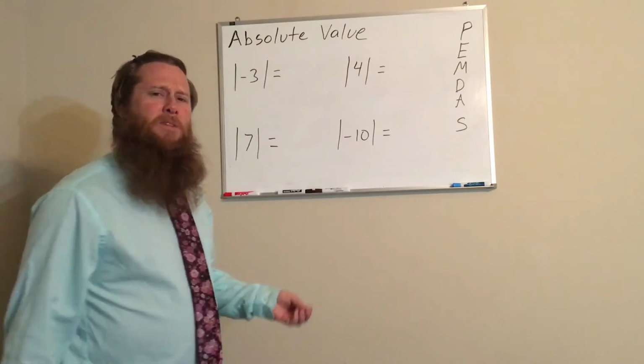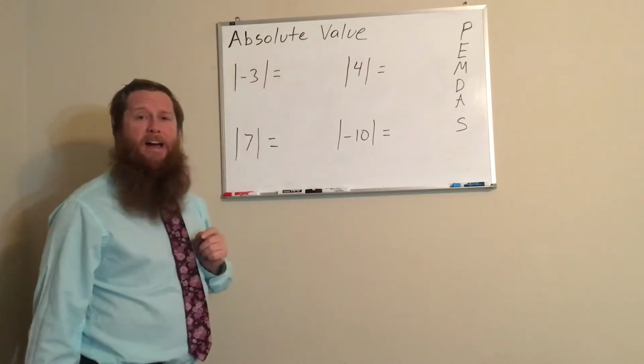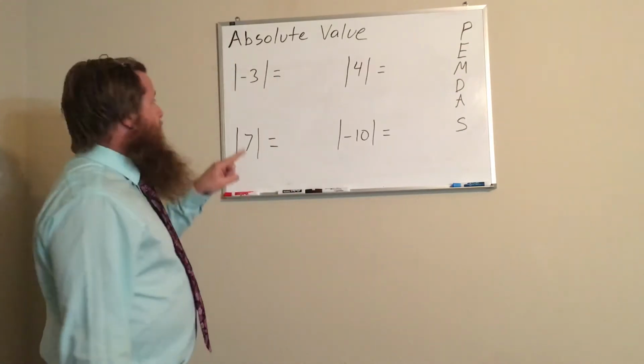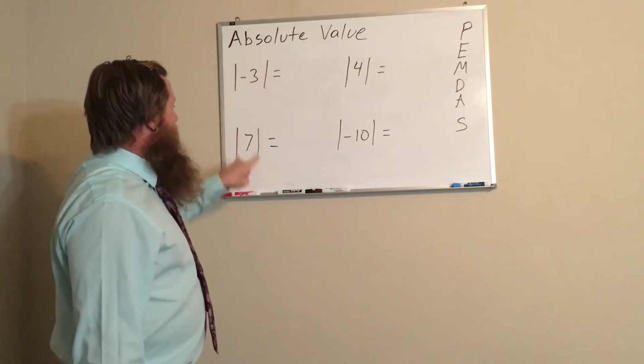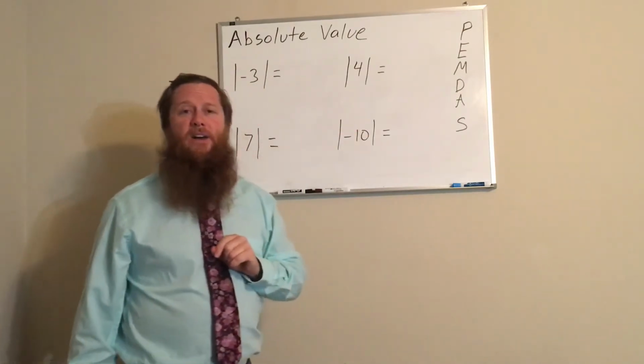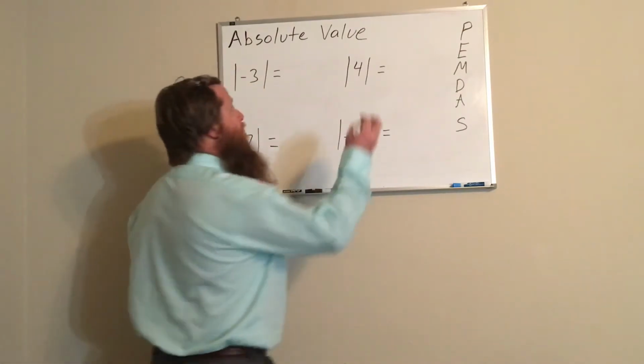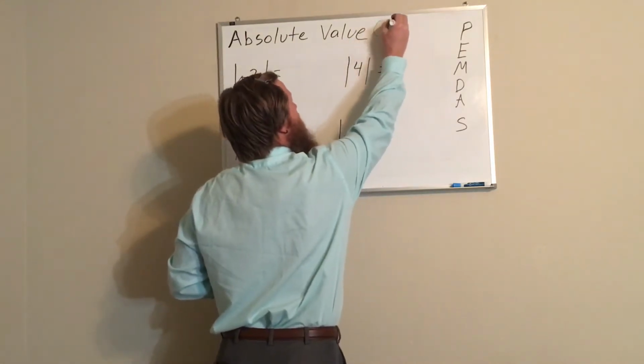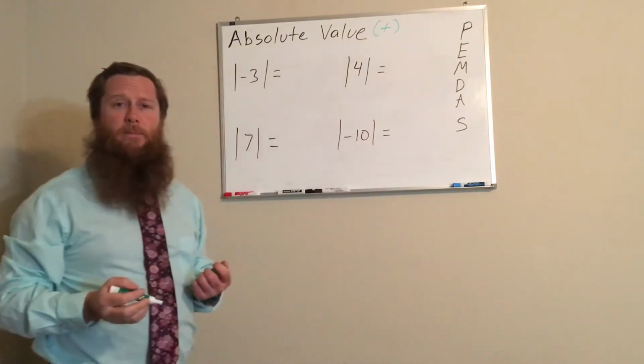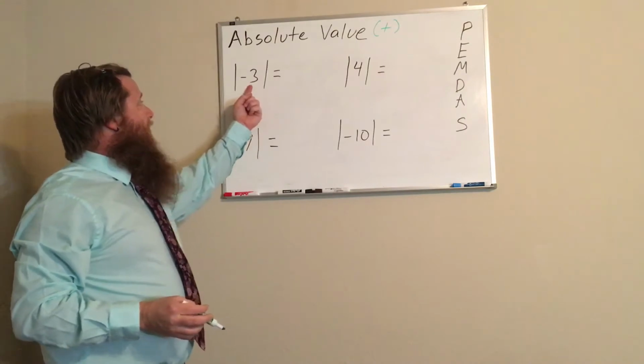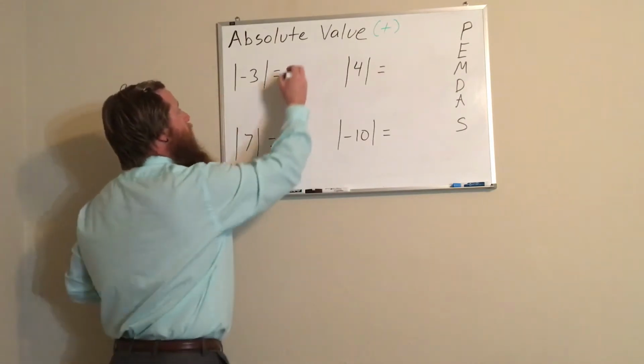Today we talk about something that's called absolute value, and you can tell an absolute value by these two lines that are written on both sides of the value. And you'll find that an absolute value is always a positive number. So the absolute value of -3 is always